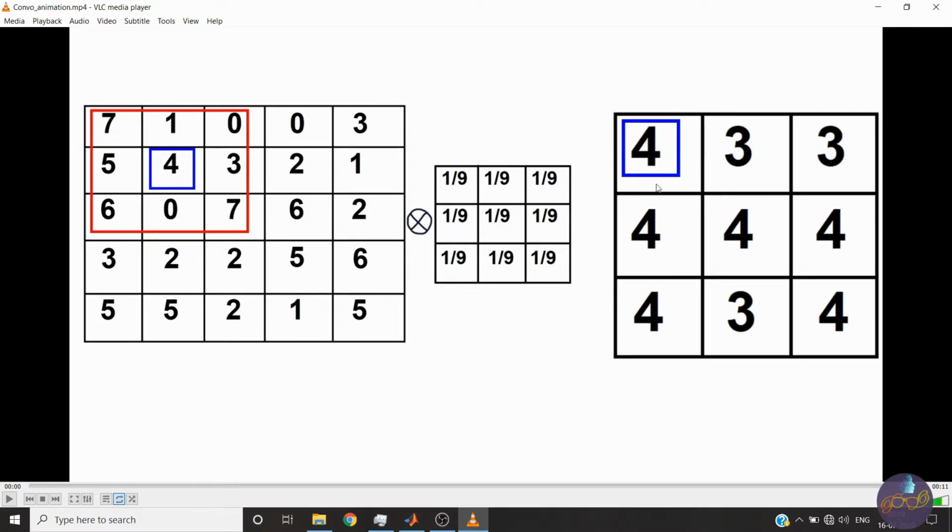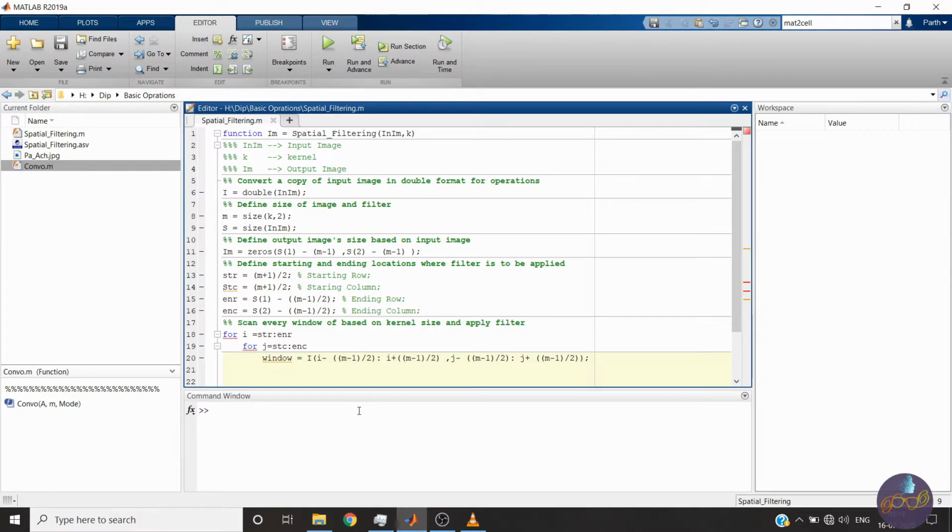Though our central pixel is at 2 cross 2, in the output image it is first. So we will write like this: i minus m by 2 and j minus m by 2. So this will be the location of our central pixel which is mapped to the output image.